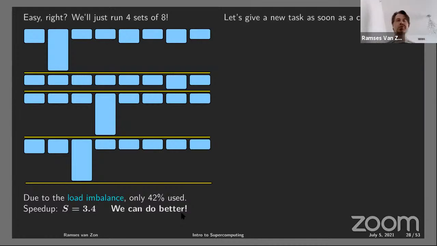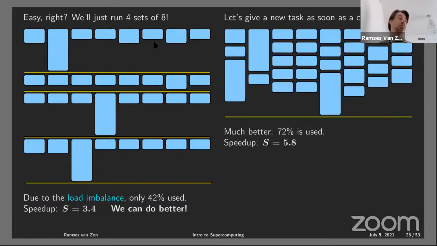We can do it differently and say, well, look, one of these cores here, number 6, was done after a while. Why do we wait for all of them to finish before it's given a new task? So let's give them a task as soon as they're done, right? Which we have to program in somehow, right? It's not the natural thing to do. If you do that, and you figure out how this all stacks together, you get a much better utilization.